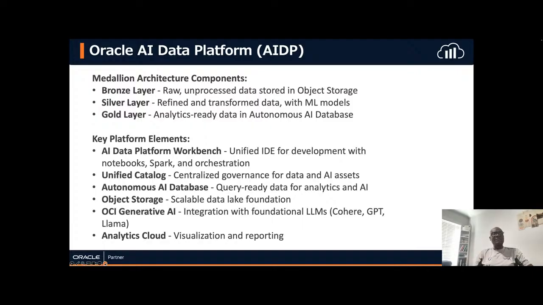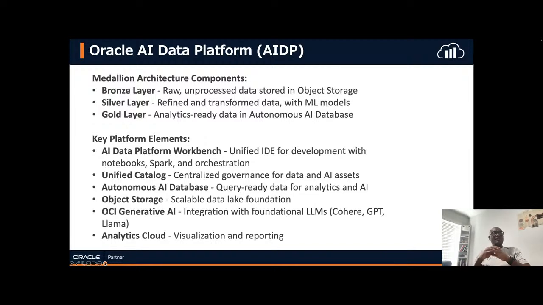The silver layer makes sure that you can refine and transform data with several machine learning models. The gold layer is what makes this data, whether real time, batch data, unstructured or structured data, analytics ready, so that people can visualize it and make better business decisions. It also helps to turn business requirements into actionable insight.